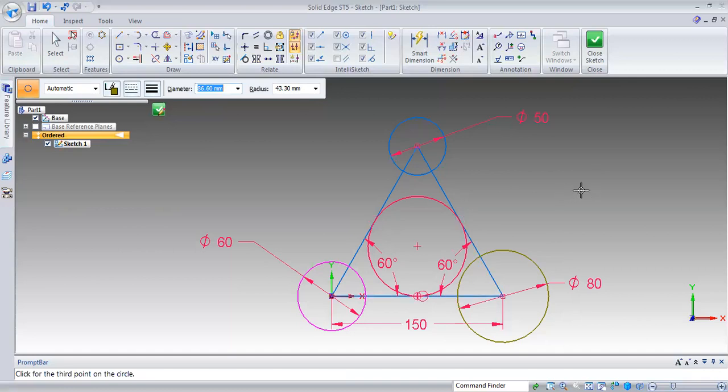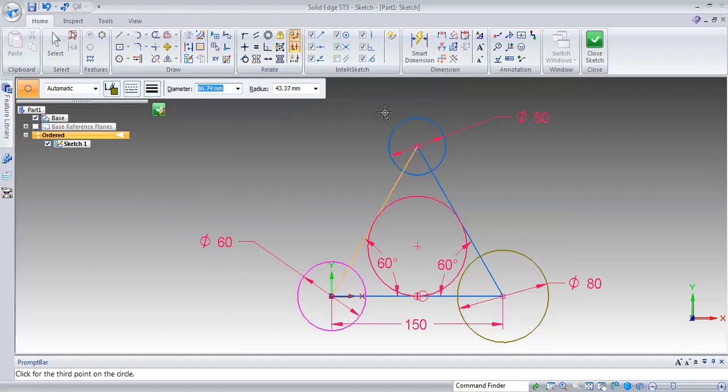So this is how we have to create the circle by 3 points. You can see here also. This is how we have to create the circle by 3 points.